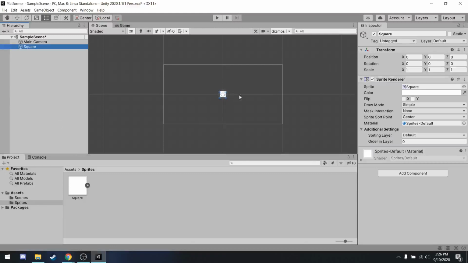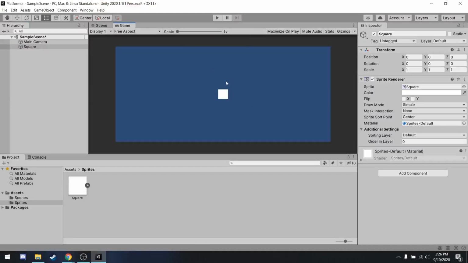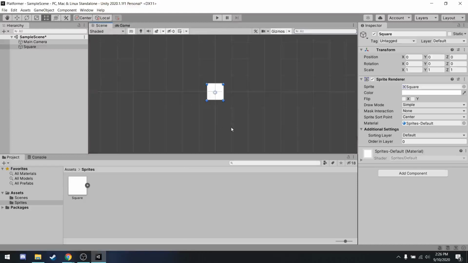So if you see in the scene view, we now have this square in the actual game. And if I click the game view, you can also see it right there. So this is going to be what our player is. Now, it definitely doesn't look like our player right now, but again, slow steps to start. So the first thing we're going to want to do is create sort of movement